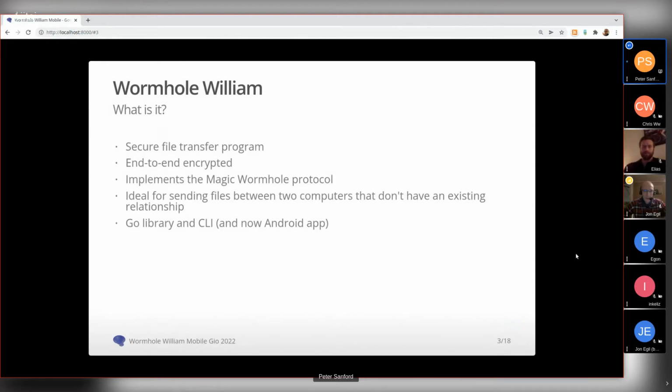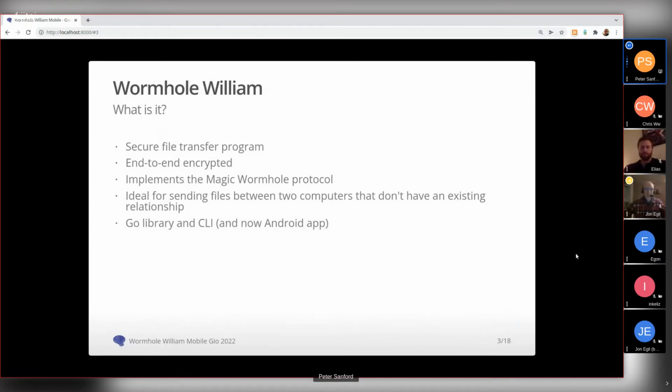And Wormhole William is a Go implementation of that tool. It's really designed for sending files between two computers or two machines that don't have an existing relationship. So if I want to send a file from my laptop to your laptop, and I don't want to share it in some cloud storage, this is a great tool for doing that.